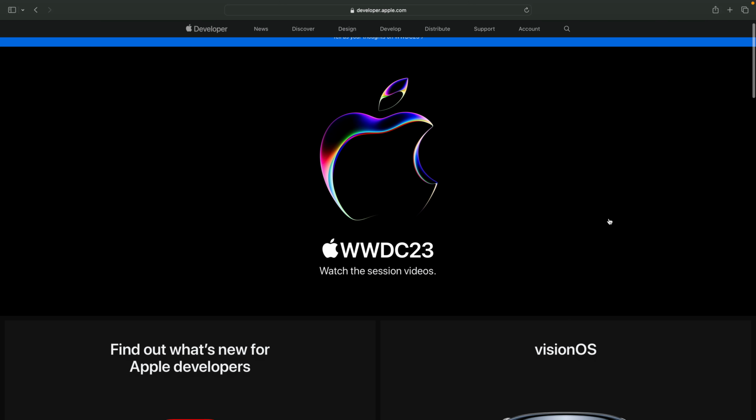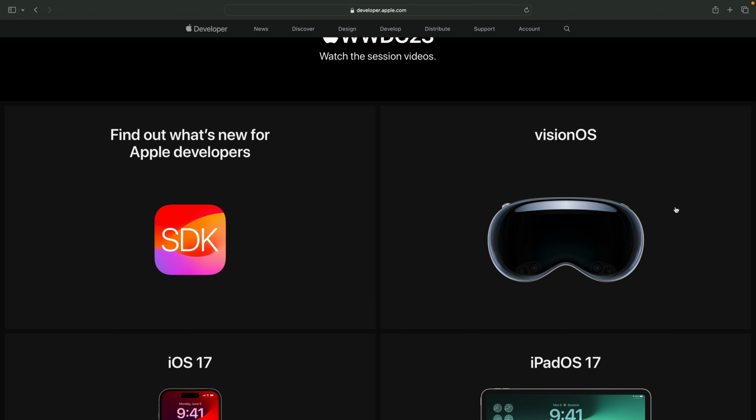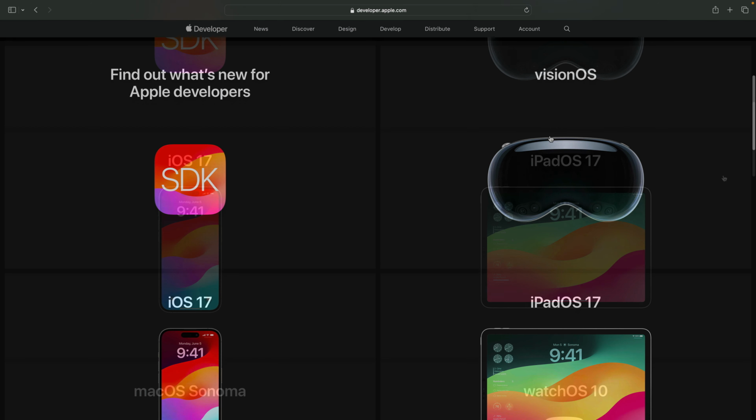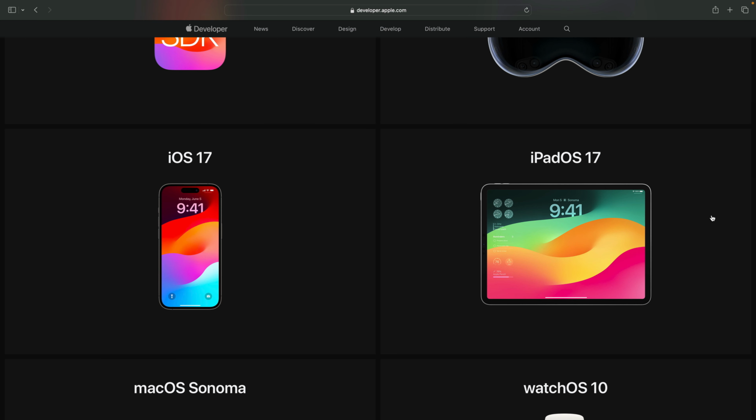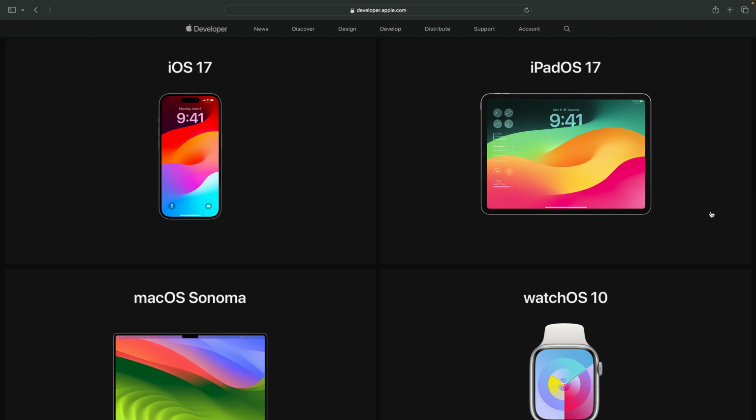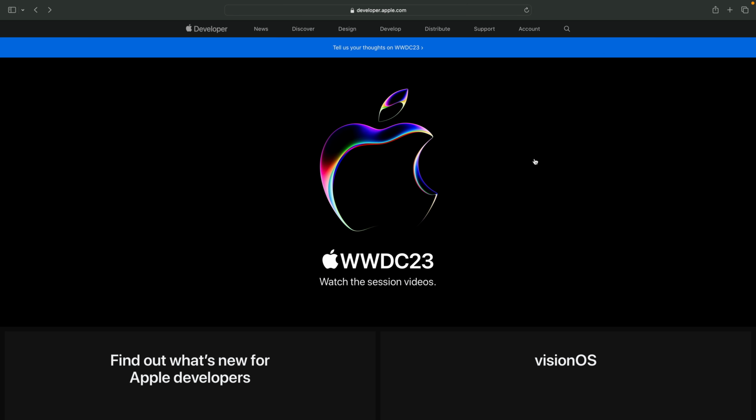Now this course is going to be packed with content. We will explore multiple apps and we're going to try to adapt for all of these platforms using the same techniques in SwiftUI. Since Xcode 15 is not released yet,